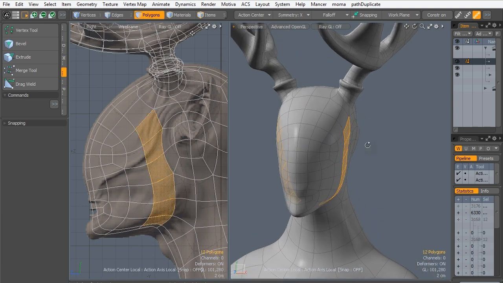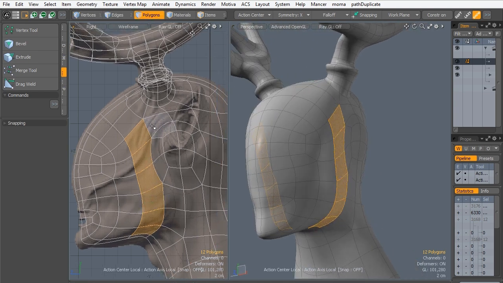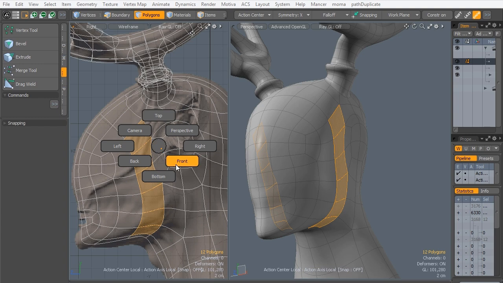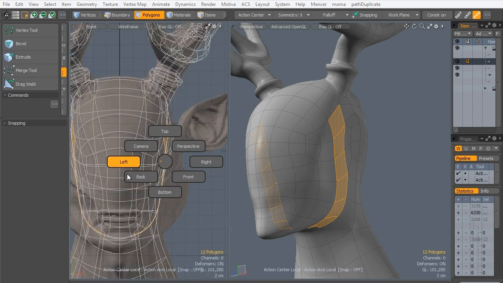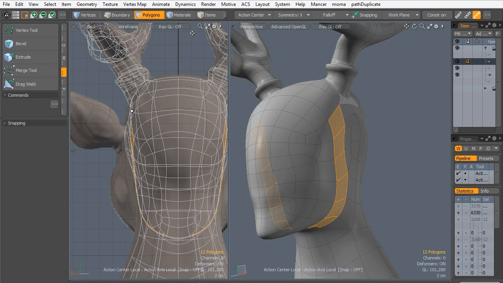So go to the front view. Now you can see on the back. So now we need to move it to match our